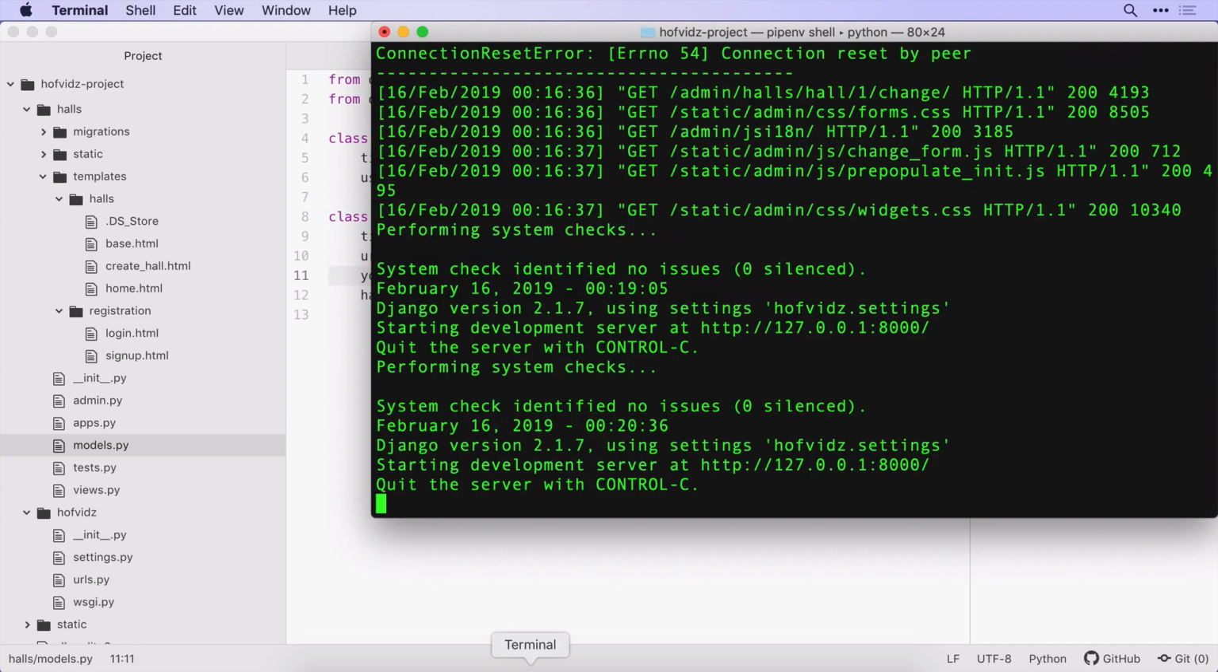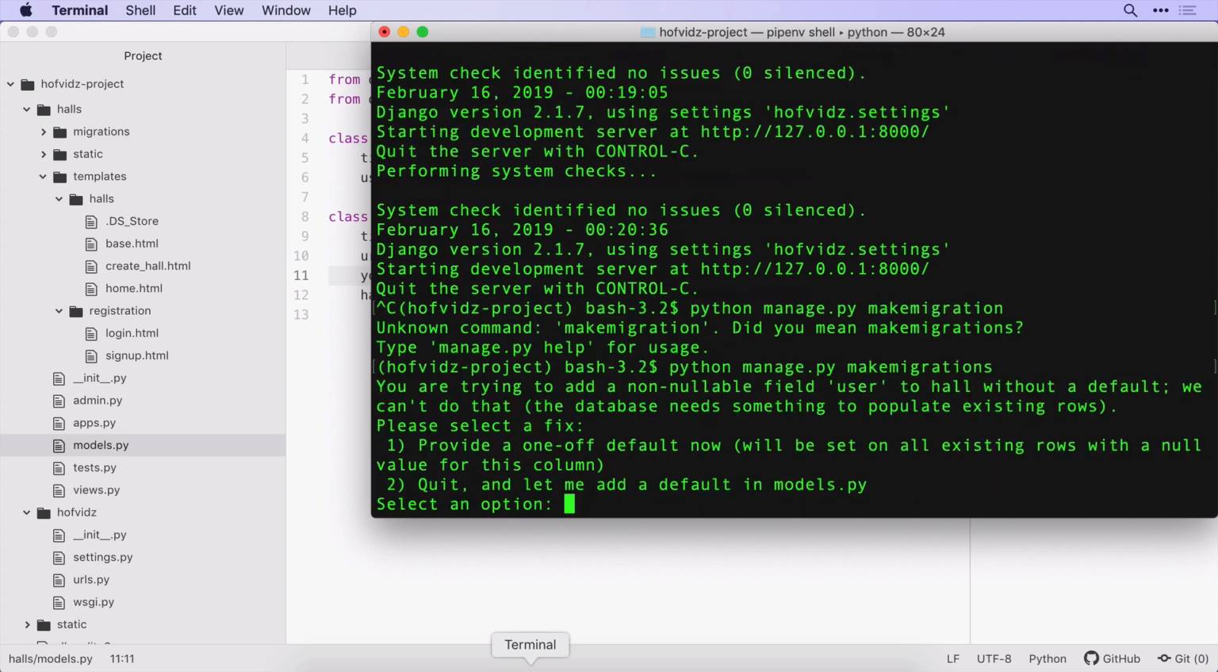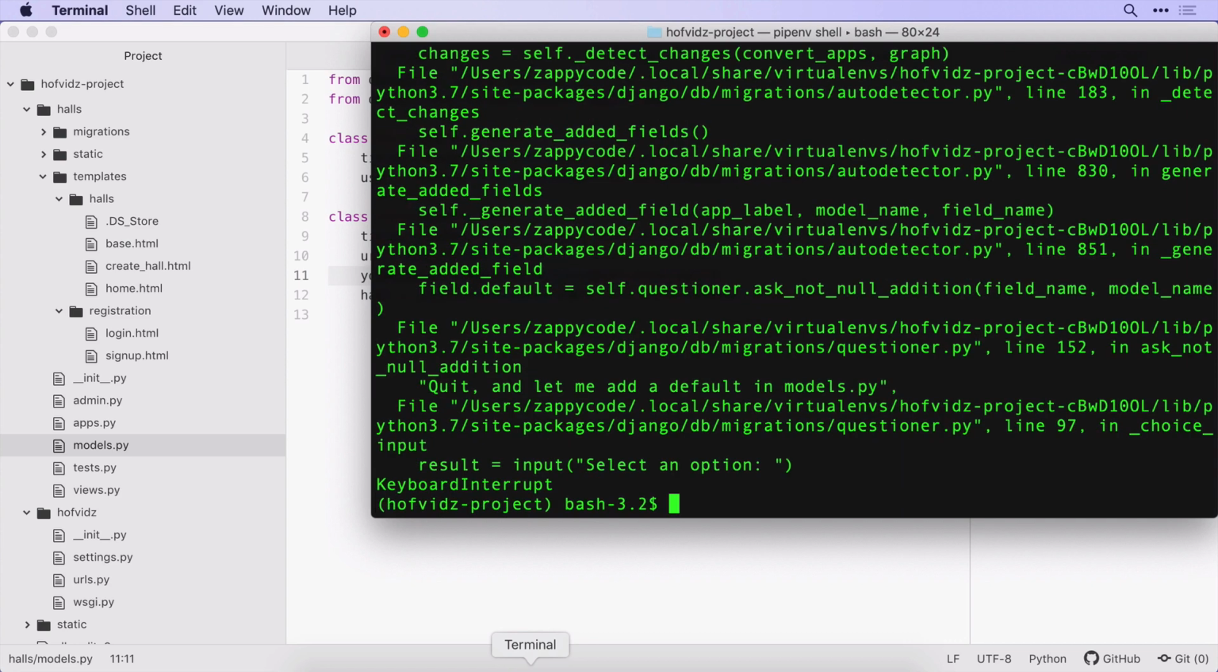Then come to our terminal. Let's do a little Control-C to stop that. We need to create the migration for this. So we're going to say python manage.py makemigrations. Oh, it's migrations with an S. There we go. Okay, so it's saying in this situation, you're trying to add a user. This can get really complicated providing a default value with all of this. And my recommendation at this point is just do a Control-C and let's go ahead and actually just get rid